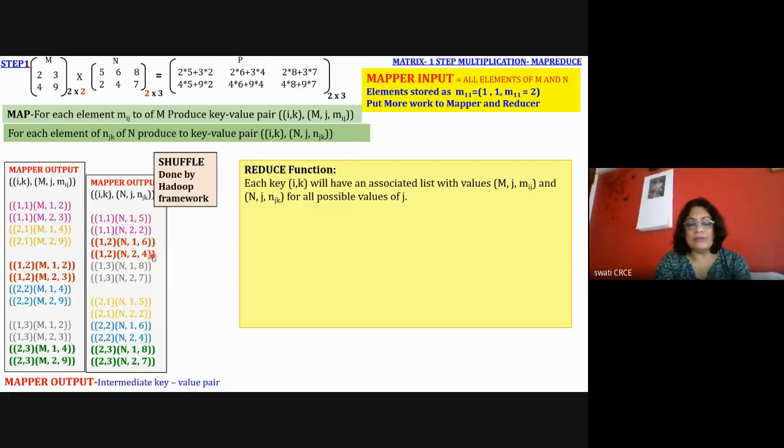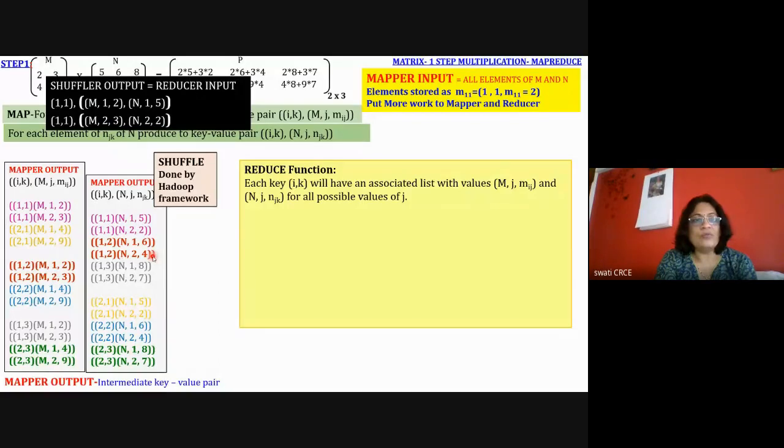But we cannot perform, we are doing one-step matrix multiplication. So instead of creating a single list of values, what this shuffler will do is sort them on the basis of j. It is an important thing to remember: it sorts them on the basis of j. So j is 1 here, and instead of keeping them in a single list, it will keep them in two different lists.